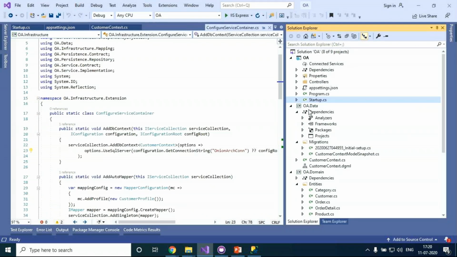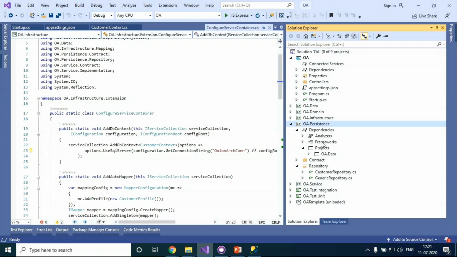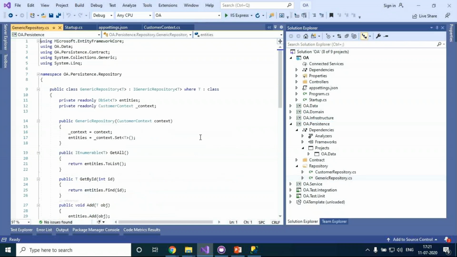In the persistence layer, we are implementing the repository design pattern. This is what exactly calls our database. The repository design pattern creates an abstraction between our data access layer and our code. What is the data access layer?